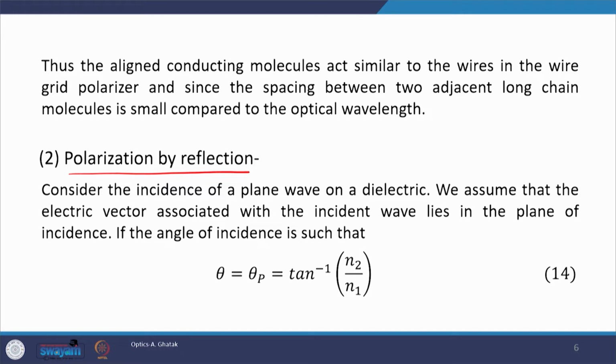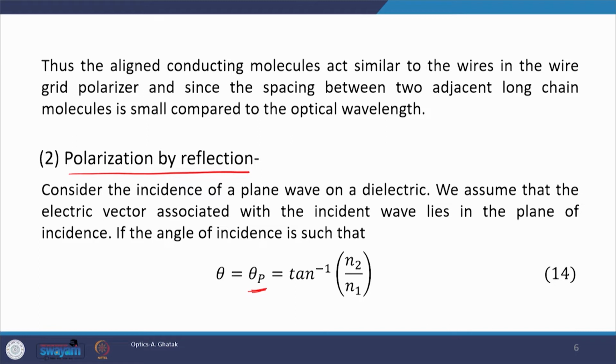If the angle of incidence is equal to theta p or theta B, the Brewster angle, which is equal to tan inverse of n2 by n1, where n2 is the refractive index of the second medium and